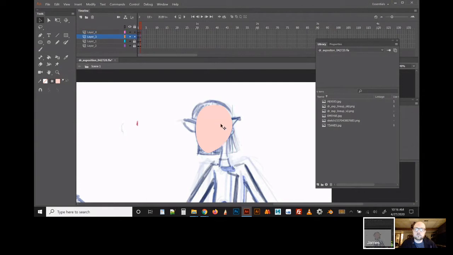What I'm doing is everything I'm building is with the shape tool here, not using the stroke color at all, but using the fill color to do all my work for the most part. So I have a face kind of laid out. I'm pretty happy with that for right now. If I use my outline, I can see how it's pretty close to the contour of the sketch. I don't have to be married to the sketch completely, but I do like to follow it and then fine tune stuff later as needed. But for the most part, we've got her head. I'm going to go in with her hair next, I think, and just start laying that in.